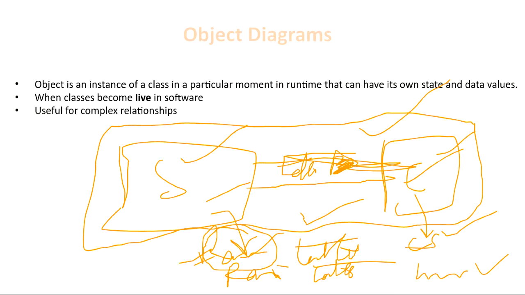And here computer science is one instance of this course class. So now objects are interacting with each other. Getting it? We will see. I will give you one example also where, if objects start interacting with each other, we say now we are in the communication diagram, because the system is communicating something.